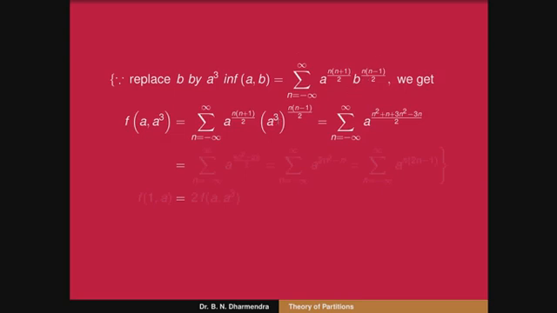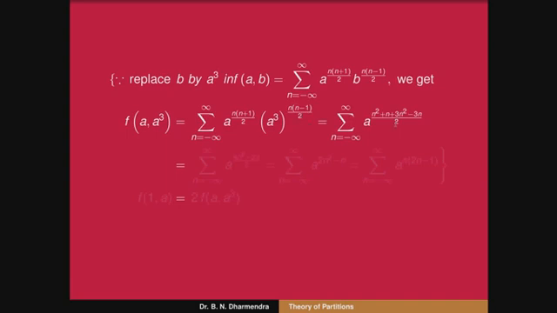The term is n(n−1)/2. The base is the same here, a, so you can add the powers: the sum over n from minus infinity to plus infinity of a to the power of n² + n. When I have to multiply, the term here is also 3n² − 3n.